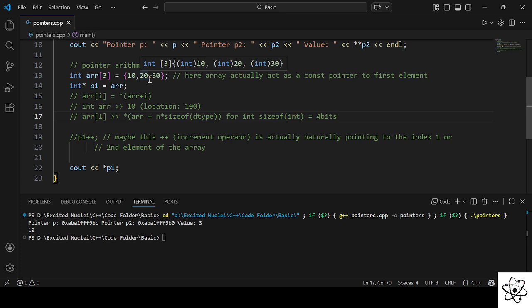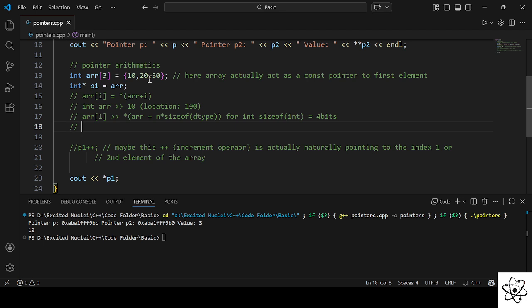So in that situation we just have to simply move our pointer by 4 bytes, and from this we came to the conclusion that the array's index 1 element has location 104. As you can see, our location has been shifted by 4, which is actually the size of the integer. And this is quite understandable, if our array has all elements as integers,